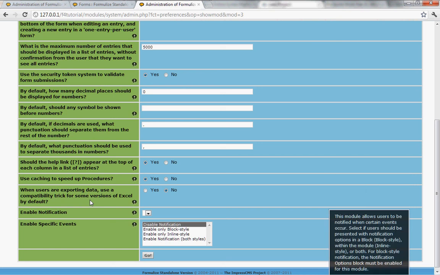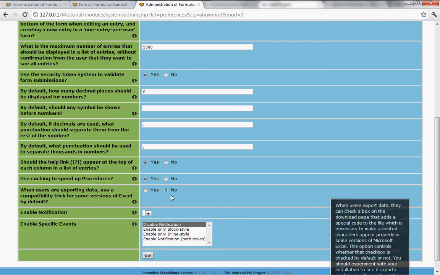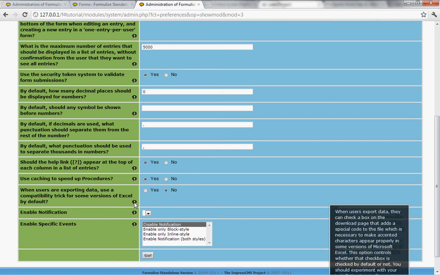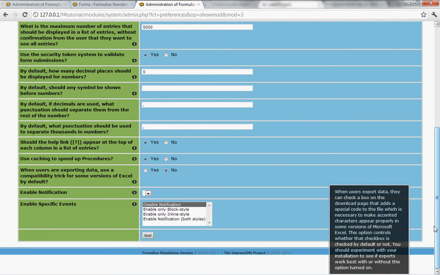When users are exporting data, use a compatibility trick for some versions of Excel. Get rid of the tip. Well, I suppose I could leave it up for people to read, but I'm talking and you're reading, and you can always go here yourself to read what the options are or what the help text is. But briefly, the compatibility trick for Excel is